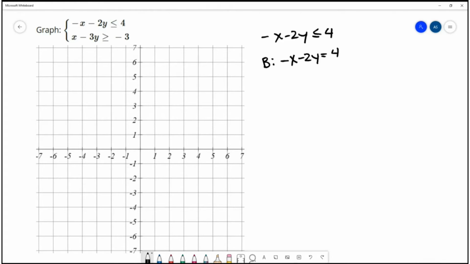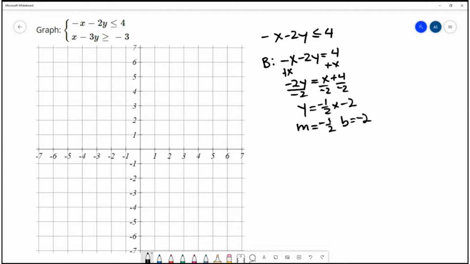So you can graph this line by plotting points, by finding intercepts, using slope-intercept form, whatever your preference is. So I'll use slope-intercept form. I'm going to add x to both sides to get negative 2y equals x plus 4. Divide by negative 2, and that gives y equals negative 1/2 x minus 2. Now that it's in slope-intercept form, I can see that I have a slope of negative 1/2 with a y-intercept